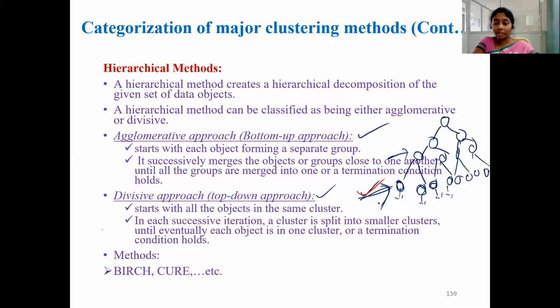8, ma'am. 8. Why? Because we are assuming that each data object is a cluster in the initial level. So in this example, when we are moving to the next higher level, we are having only 4 clusters because we are performing some merging process based on certain approach. By following certain constraints or a certain methodology, we are merging the similar kind of objects together, and they are formed as a cluster. In this cluster, we now have 2 elements, 2 objects, whereas in this level, we have only one object in each cluster.